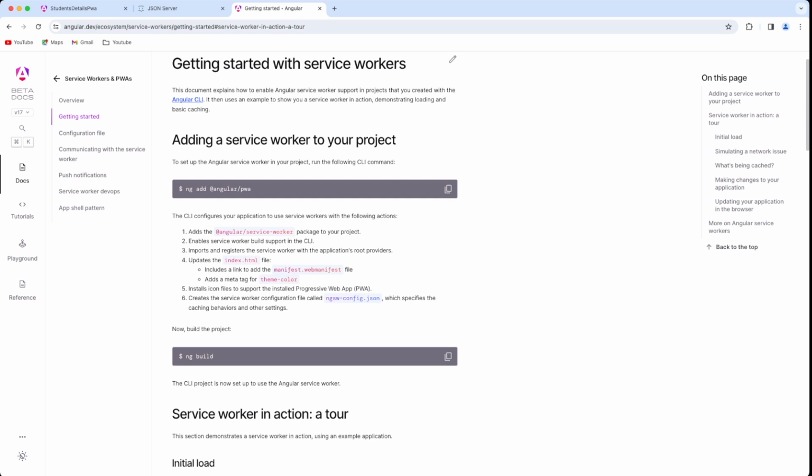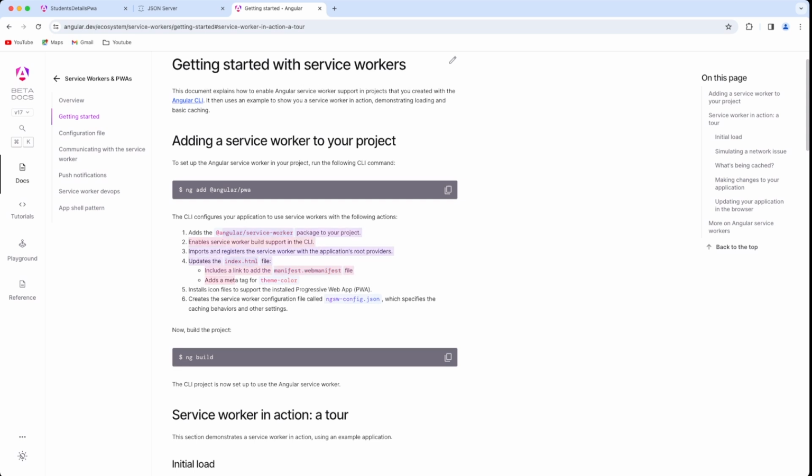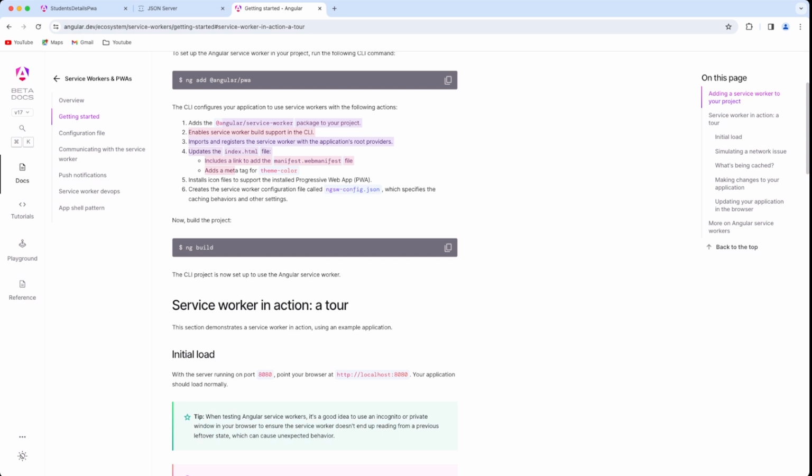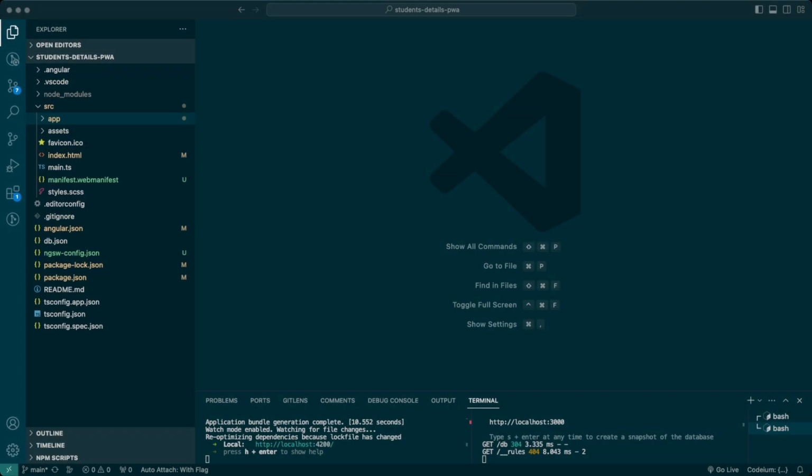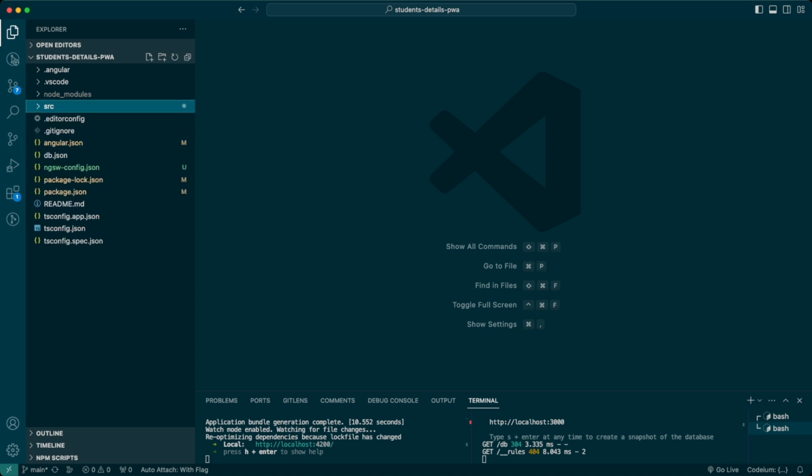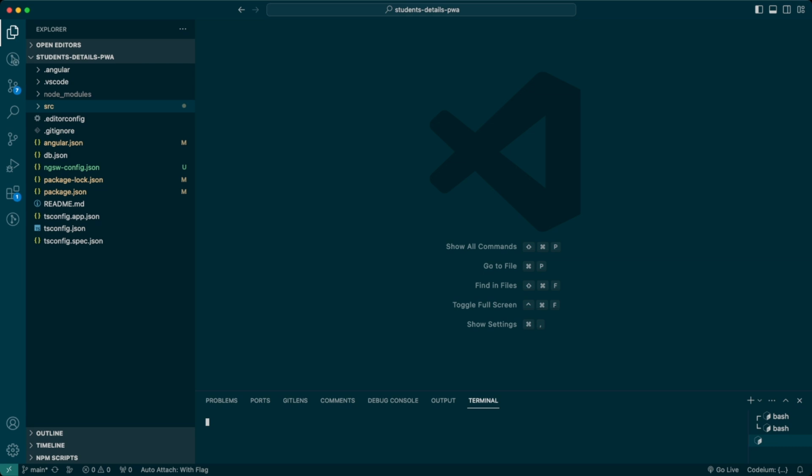If you look closely over here, we have already explained what service worker and other things are there, and we have already seen how many files are added. Now the next thing it tells us to do is basically to run ng build, right? So let me take you to my code, or rather the VS code once again. And if you notice here, there is no dist folder available. So let me open another CLI over here, and let me just quickly do npm run